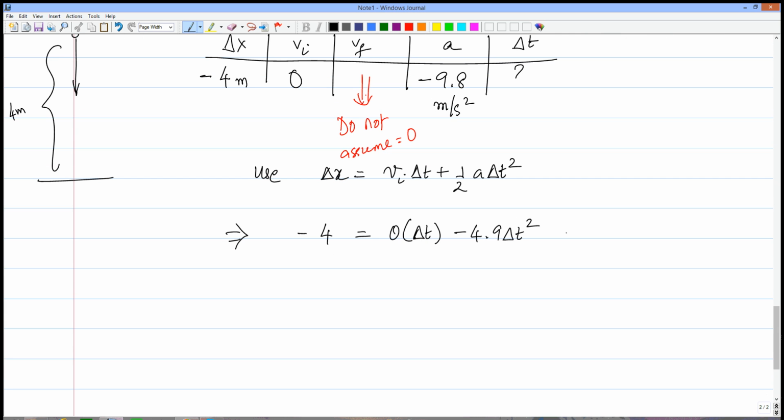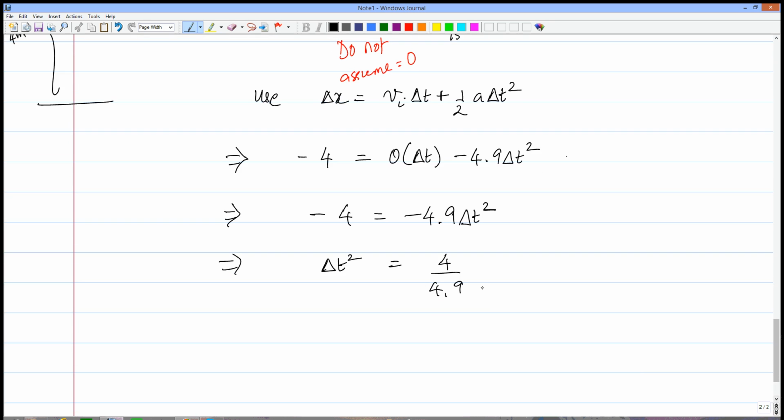Perfect. Now at this point the algebra becomes very easy. This term basically just goes away. So we have minus 4 equals minus 4.9 delta t square. And I get delta t square equals 4 divided by 4.9. And this happens to be